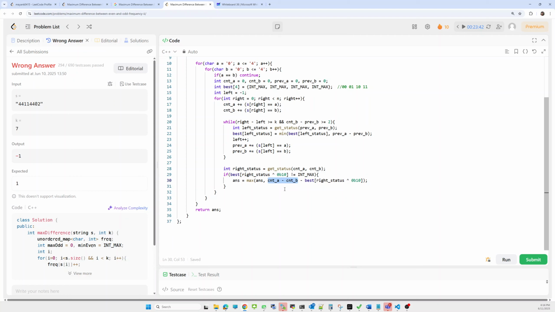The difference of current A minus current B. If we are able to get the maximum difference, meaning we can make the current difference maximum using past information, if we remove some substring from the left side and it gives me a maximum difference, then we'll use this information. In that case we'll update this, and in the end we simply return the answer.